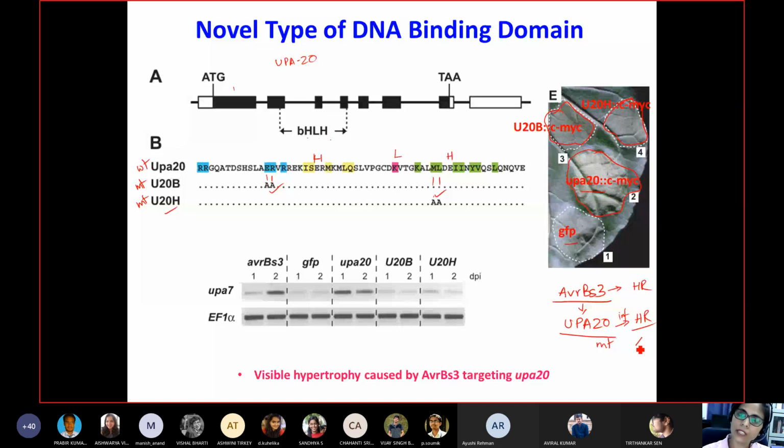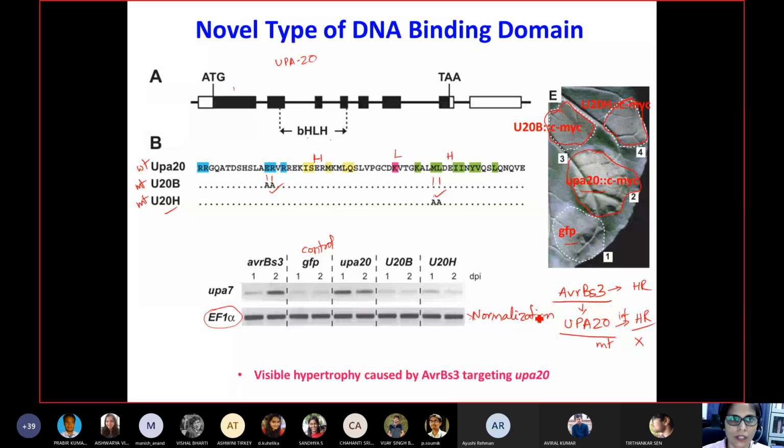So then they started wondering whether there are other genes which are also direct targets of AVR, and whether we are able to find out. As you can see, after you have cDNA, after you infect all the plants, then you take out these and check what are the other genes which are upregulated in these sequences. So this is our control. In control, if you can see, there are two kinds of things. EF1 alpha is the basal gene which has been taken for normalization.